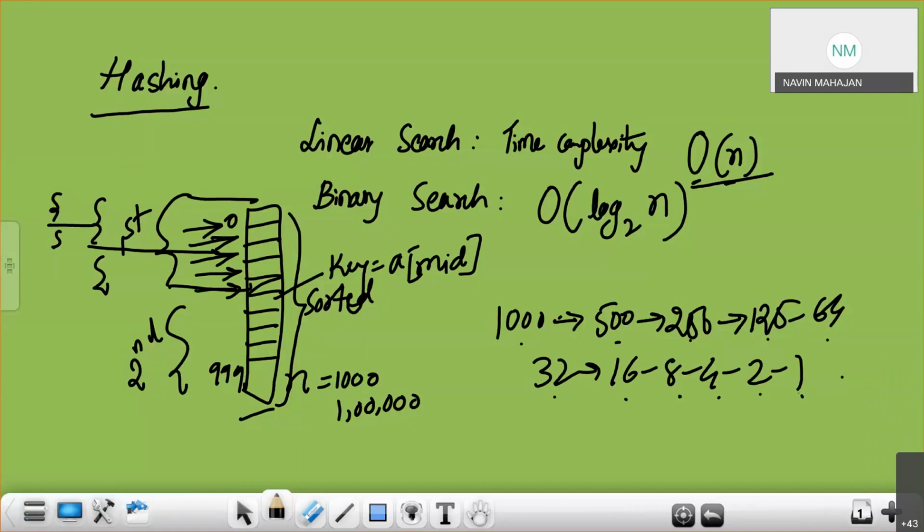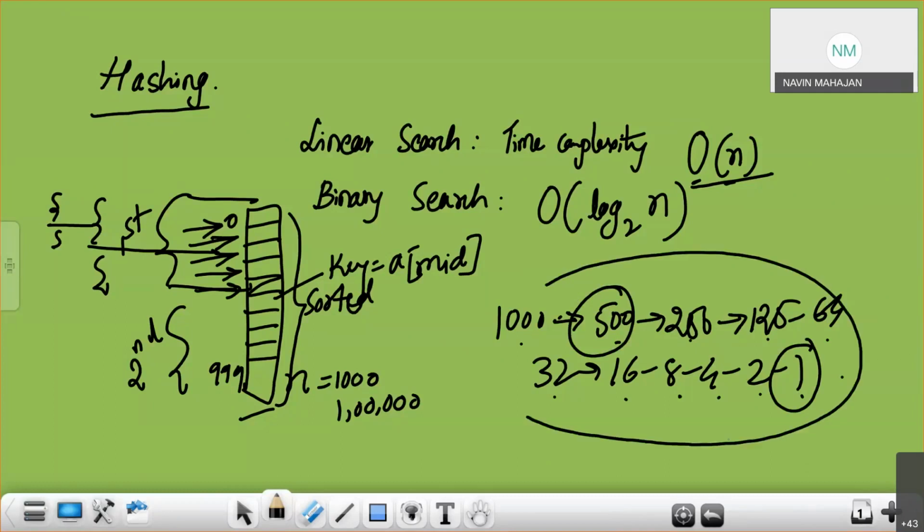Now I am considering an integer number. If that number is present within the 1000 elements, we might find it at the first comparison if it is in the middle. In the worst case, we find it in the last position. And if the element is not present in the list, again we have to do all these 10 comparisons. After 10 comparisons, we will come to know that the number is not in the list.